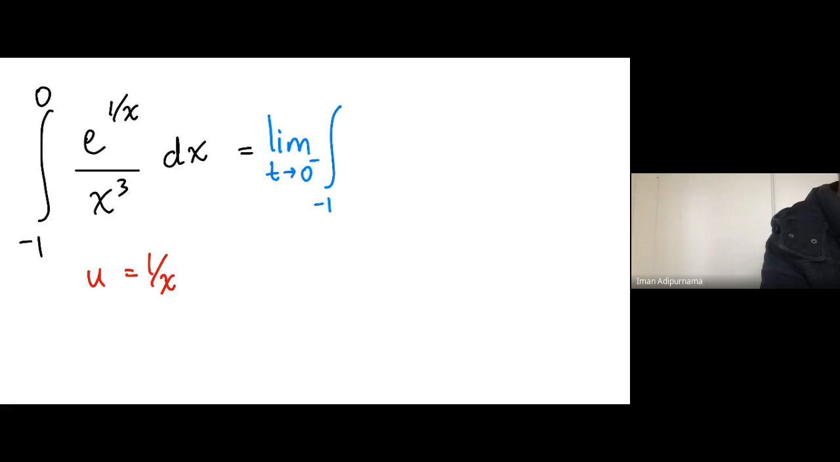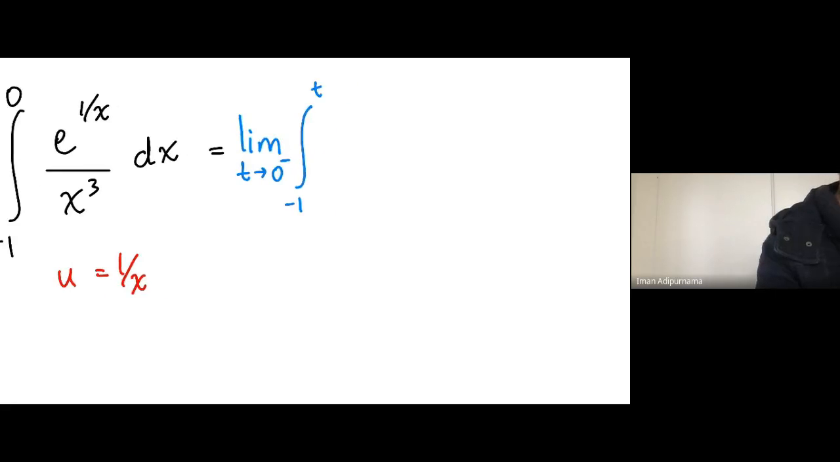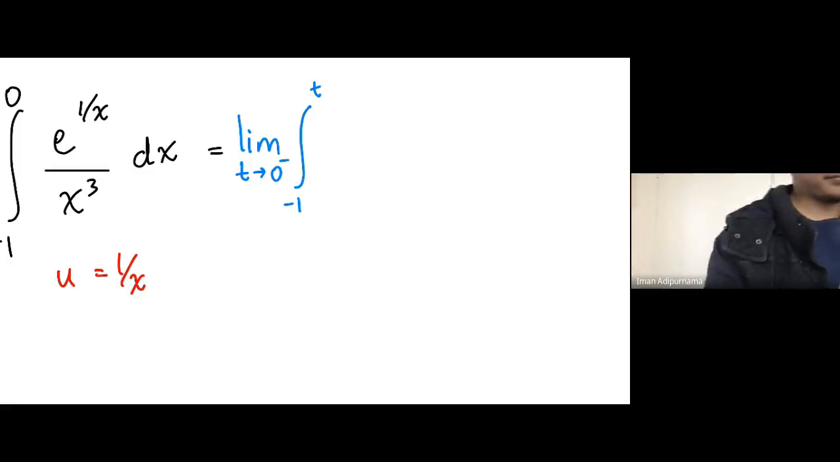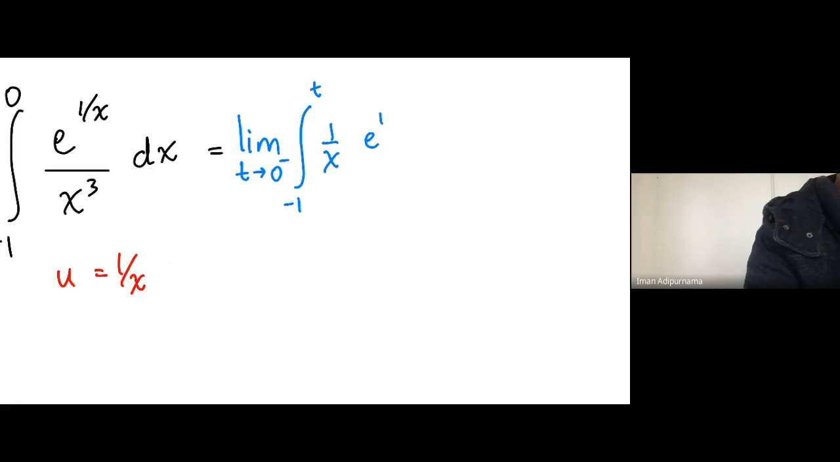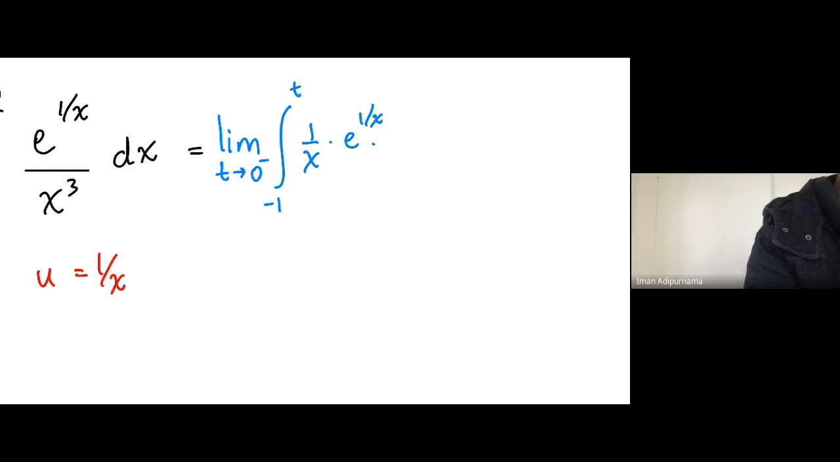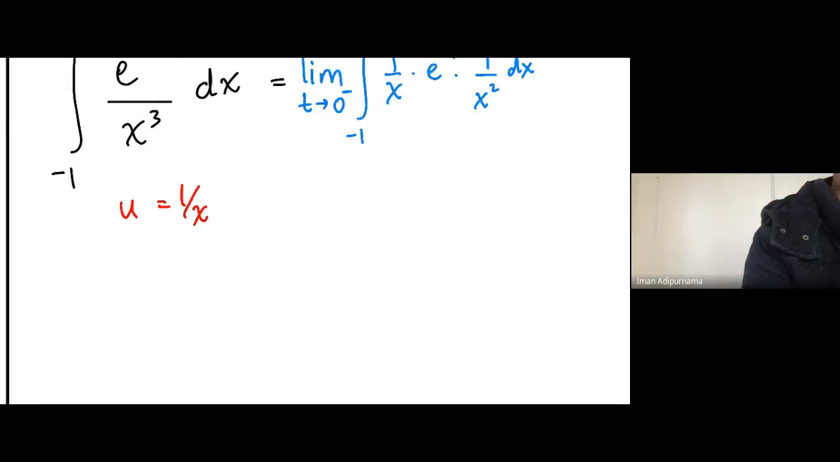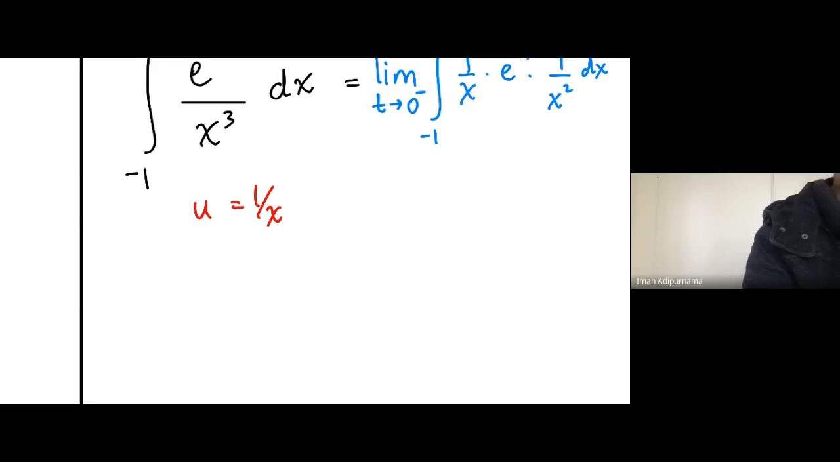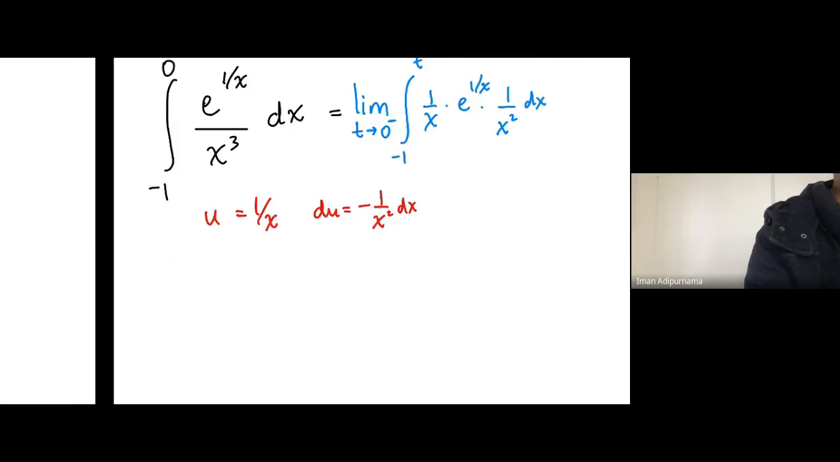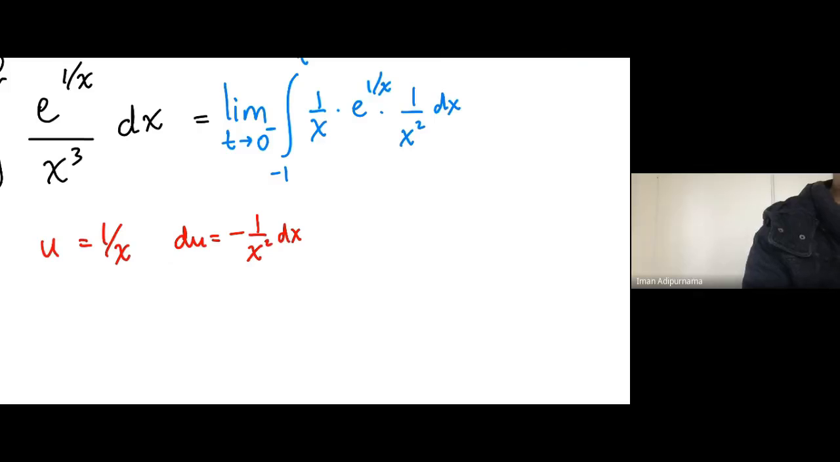And then this is -1. Let me write all terms. And then let me write this 1 over x, and then e^(1/x), and then 1 over x squared dx. Okay. And if I'm writing the u, and then du is -1 over x squared dx, then I can exchange this, and I will get